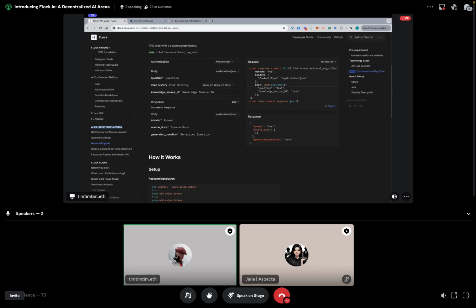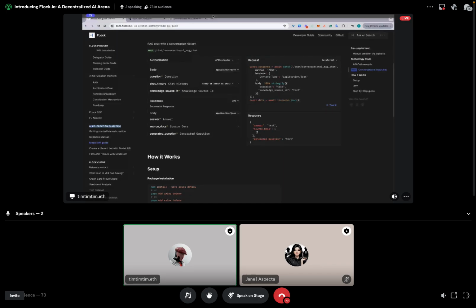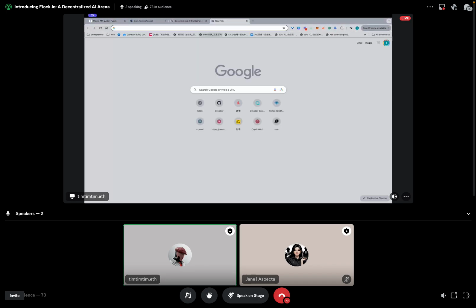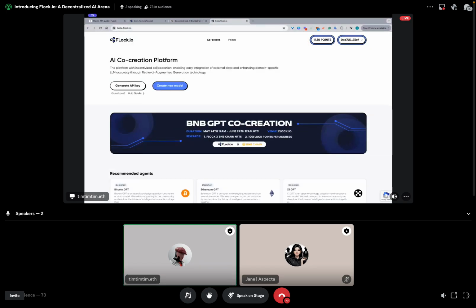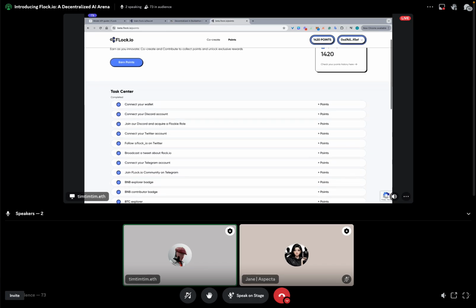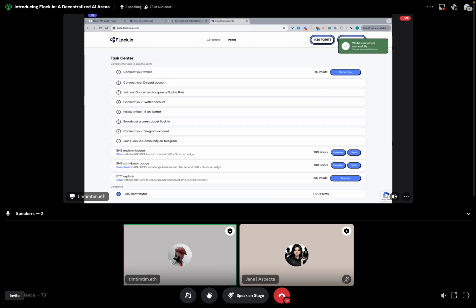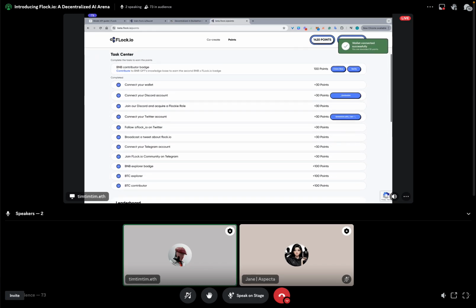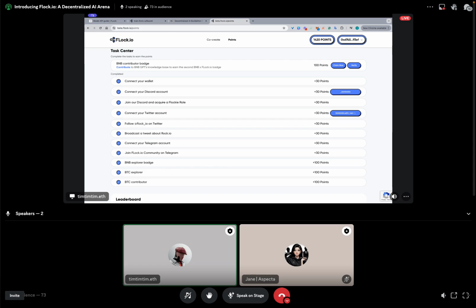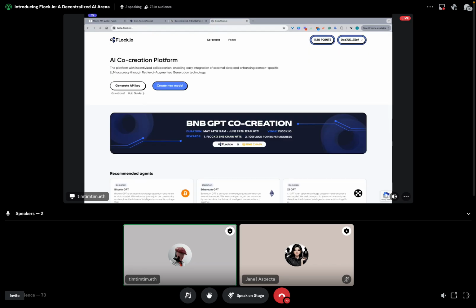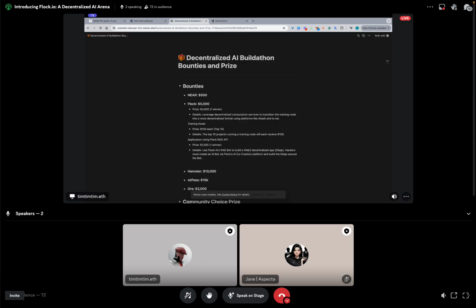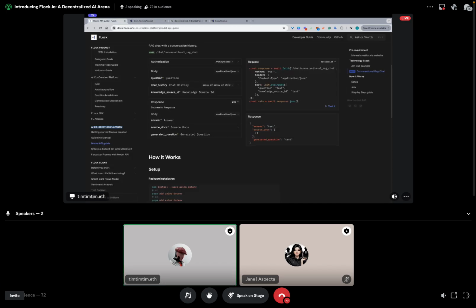What you first want to do is come to beta.flock.io, and then complete all the social tasks to be granted access to build the model. Then you can come back in to create your new model, and follow the guide from our documentation.